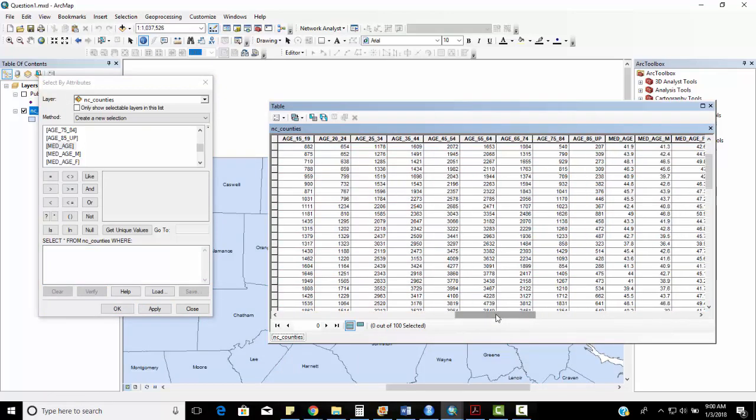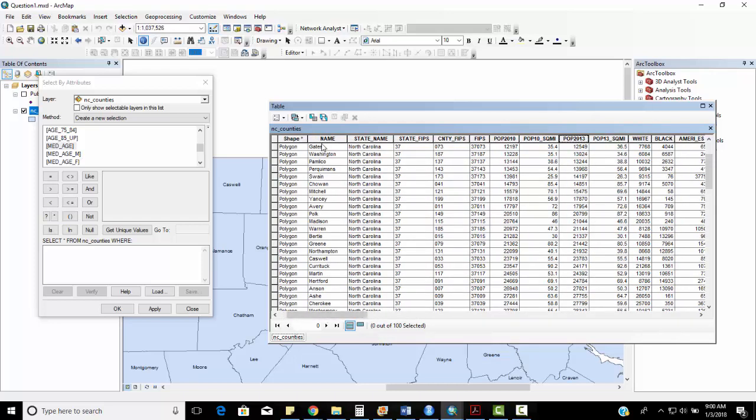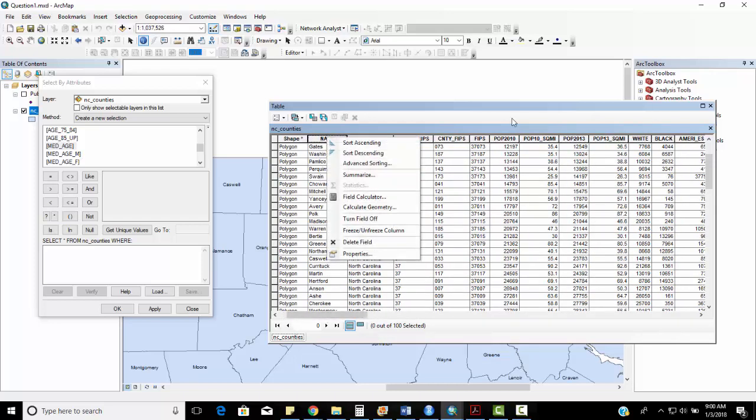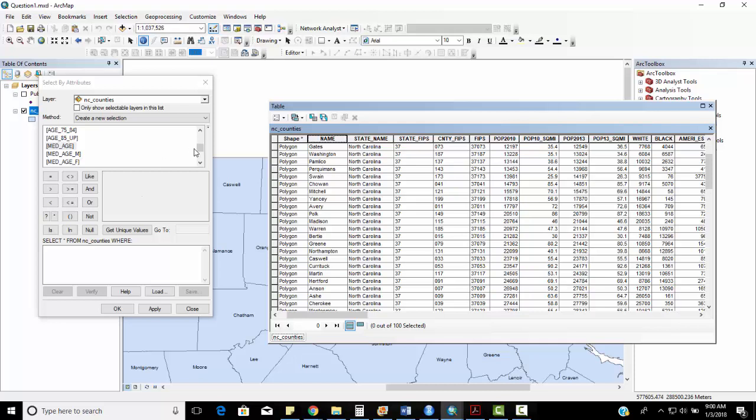This next one: how many county names end in the letter A? Okay, so I have these county names. I could sort these or count these, but that's going to be really hard. So we can use our wildcard character. So I can go to name, like, and then single quote, and then I'm going to put the star, which represents the wildcard character, then A, single quote. So name, like, single quote, wildcard character asterisk,